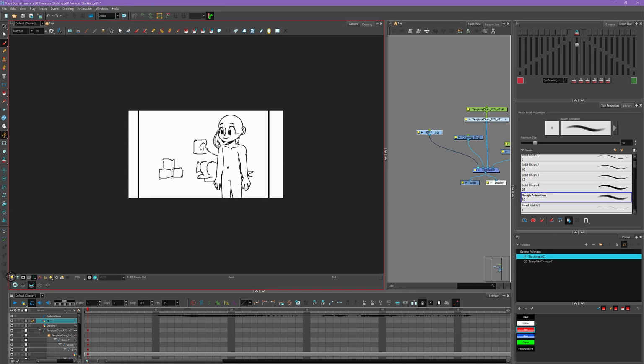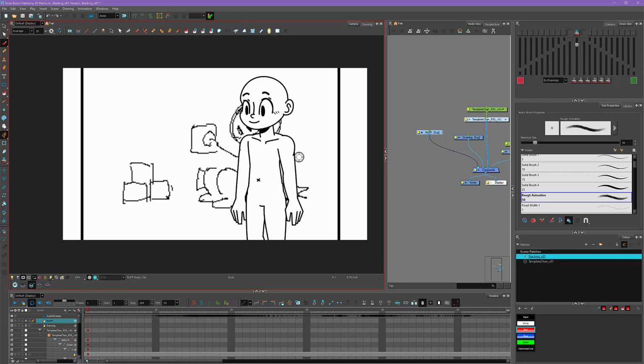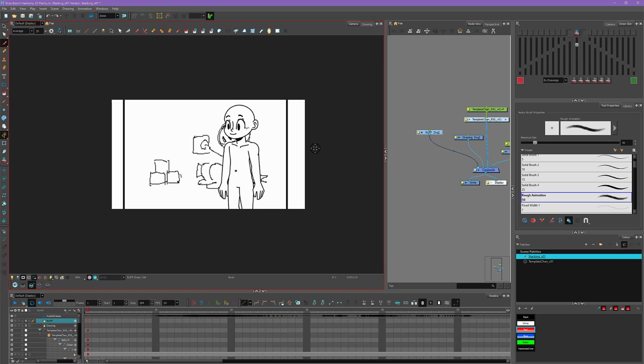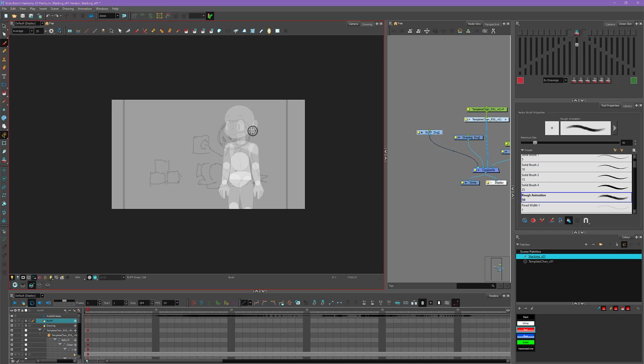So for doing rough animation, it might feel a little bit intimidating depending on what kind of character you're animating with. Ours that we have here is pretty simple, but if you had a more complex character rig and you're like, I have to draw this character, I would recommend just keeping things simple. You know, you're really just going for the motion and the timing of things because you don't have to draw it on model since we have a character rig that's already on model. So what I would recommend is just keeping things to the main 3 volumes, which is usually a circle for the head, an egg for the rib cage, and then a sideways egg for the hips. And then for the arms and legs, just use sticks, and then you can draw in whatever expression is on the head.